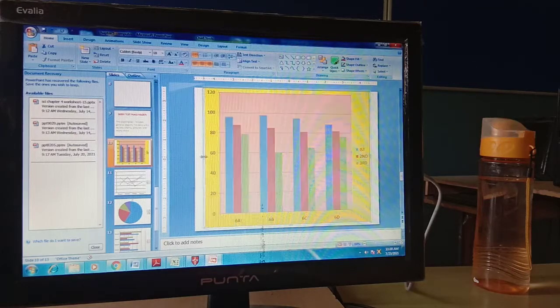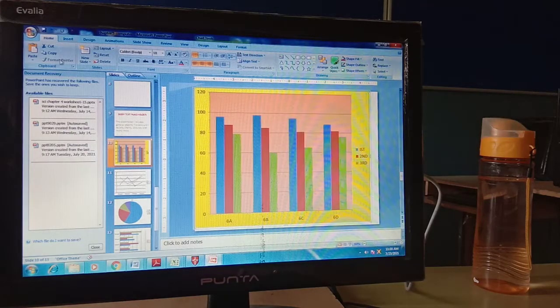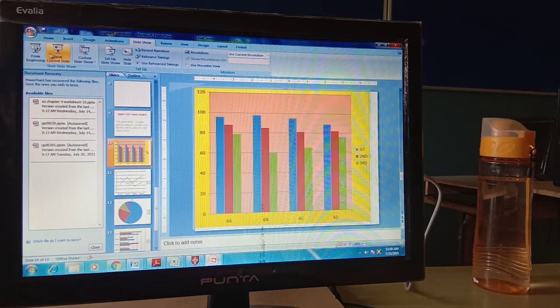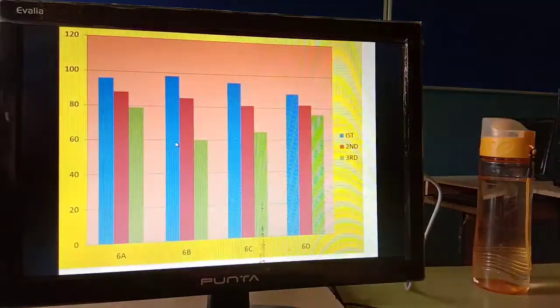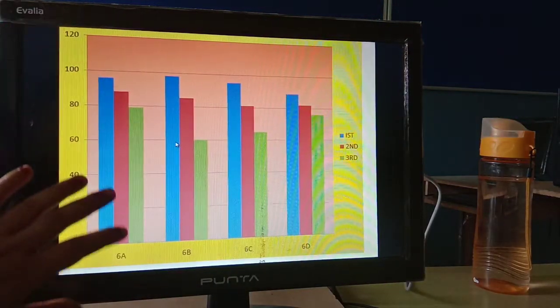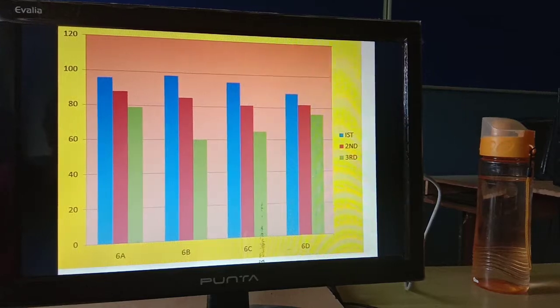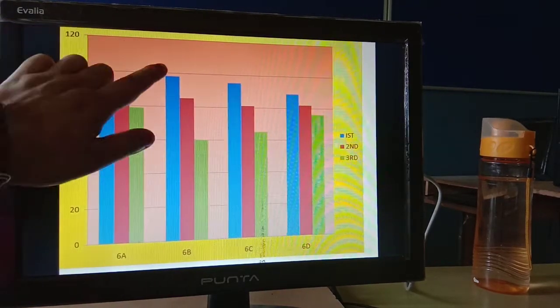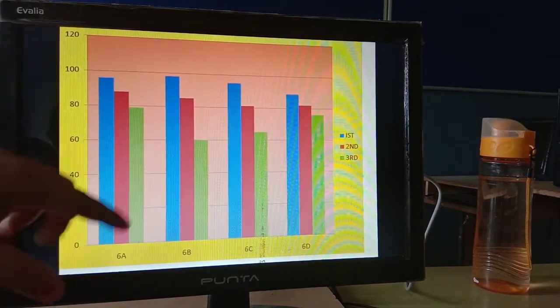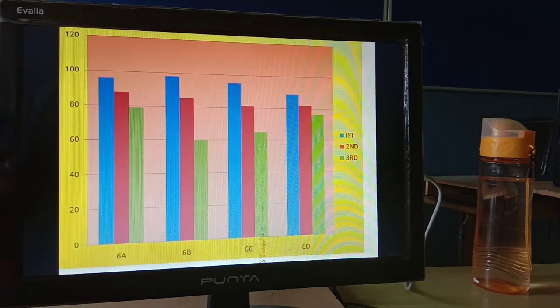Let me show you now. Again, I'm explaining, as I explained in the Zoom class also. This is your chart area. This is the background. The yellow color area is called your chart area. The area where all the plottings and data series are is called the plotting area.